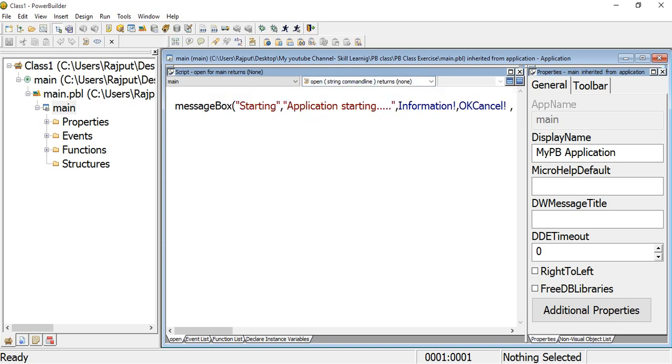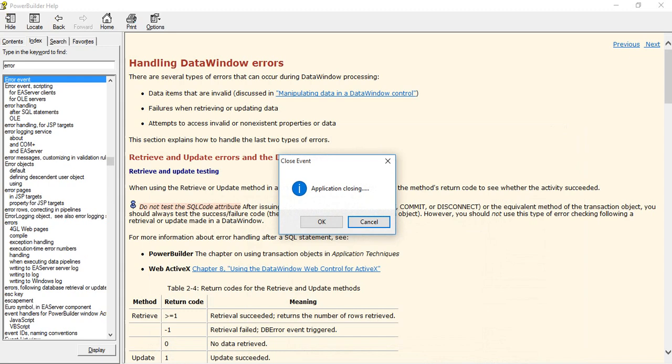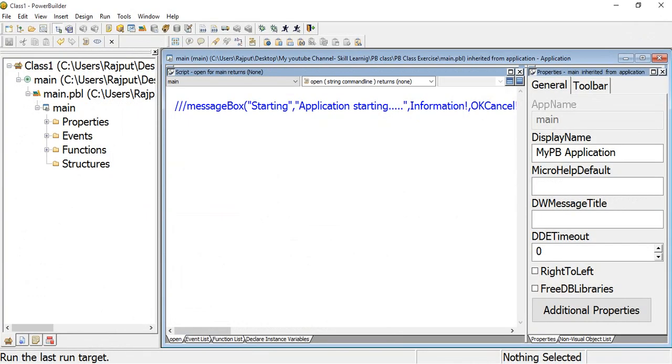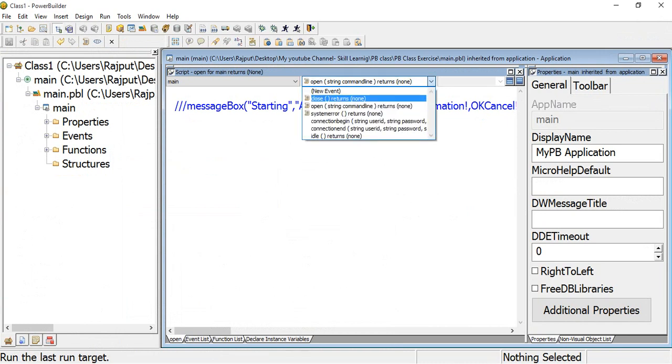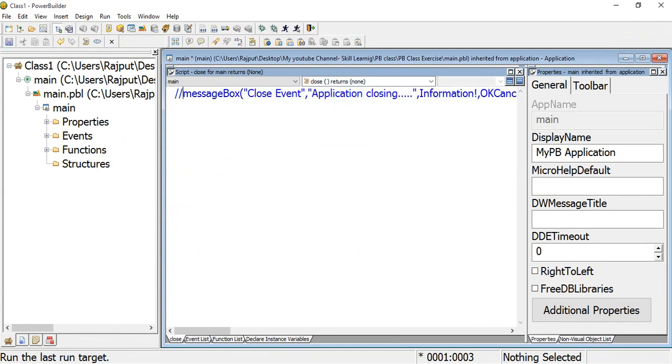If I do not write any code in the open event and run this, it directly closes. Oh, sorry, yes, I commented that message also.